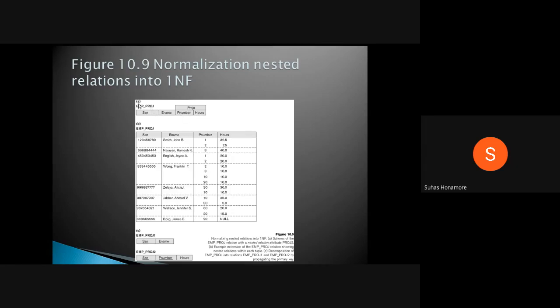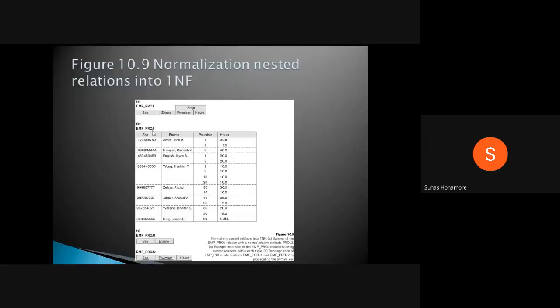The relation employee project has one more nested relation inside it, that is PROJS, which has two attributes. This kind of thing is also not allowed in 1NF. If I have an entry for this, it will come as these two values, and in the nested table you can again have a number of rows.